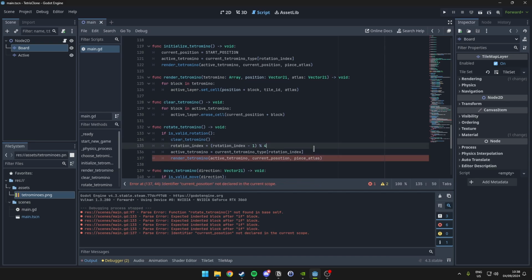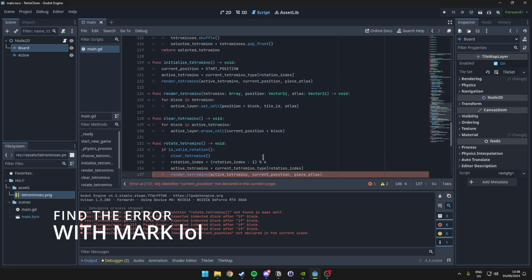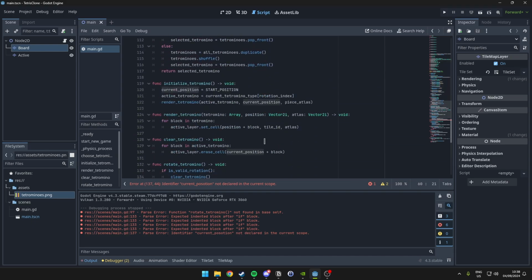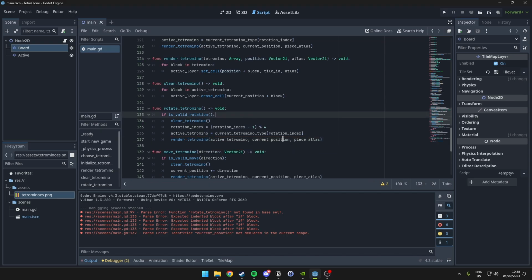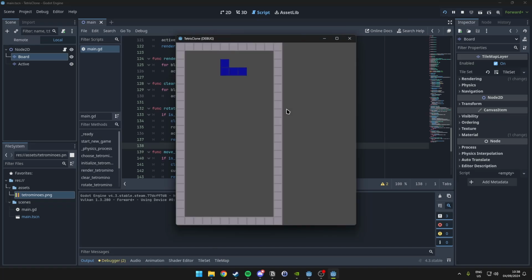There we go. And now when we actually go ahead and take a look at this, the current position is not... I actually forgot to define the current position here. I did not. What's going on? Ah, never mind. I just can't type. Position. There we go. Okay, so then we can rerun this code